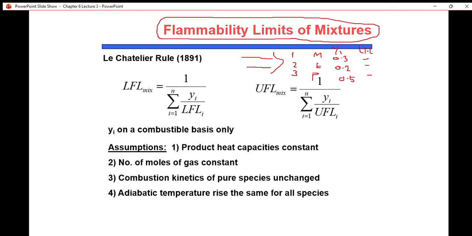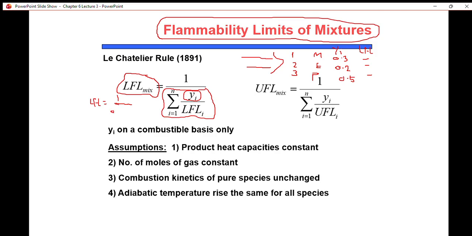I'm going to follow what we call Le Chatelier's rule, which states that the lower flammability limit for a mixture equals 1 divided by the summation of the mole fraction of that component in the gaseous phase divided by the lower flammability limit for this specific component. So if I want to find the lower flammability limit for this mixture that has 1, 2, 3 components, it's going to be 1 divided by